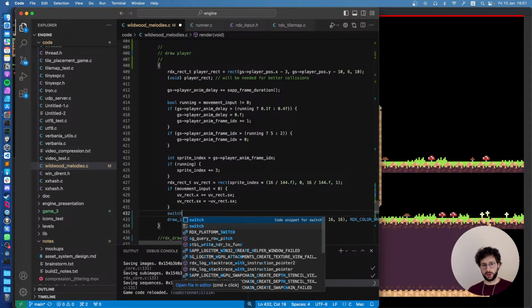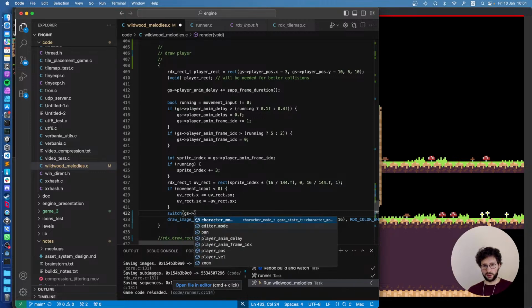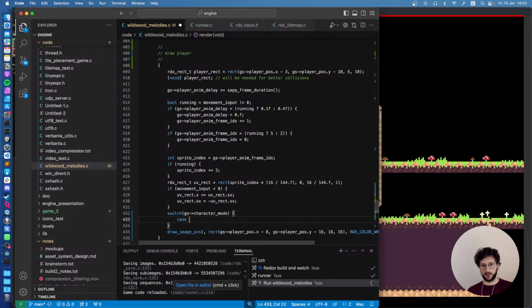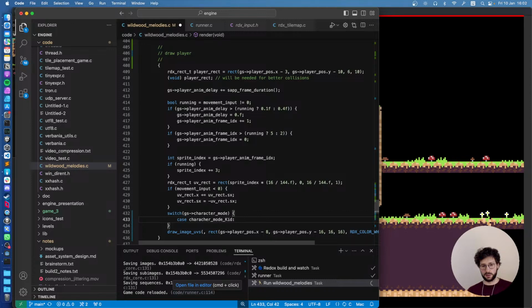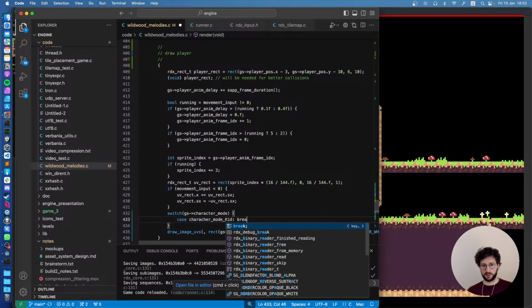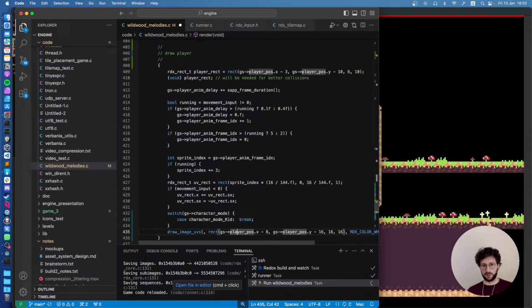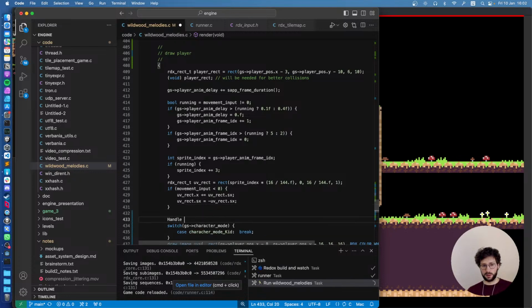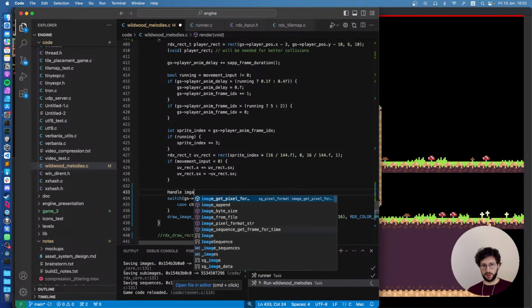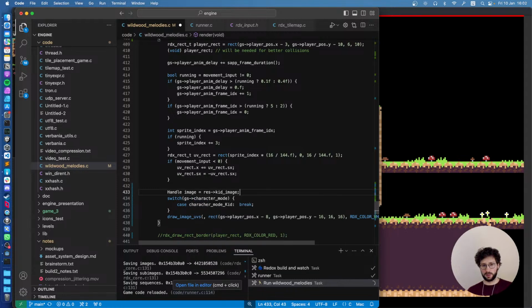Yeah, switch, game state, mode, character mode, and then case, character mode kid, break, never forget the break, and then we just do a variable, handle, image, image equal